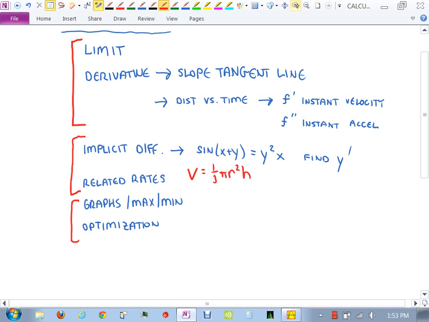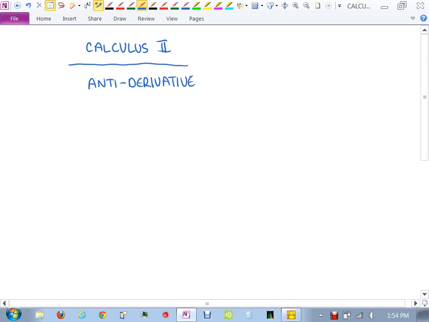Calculus 2 is a different ballgame, okay? Calculus 2 starts basically with the concept of the antiderivative. So that's the womb in Cal 2, the antiderivative. From that, you have all these different things that come off of it, all right? The first thing